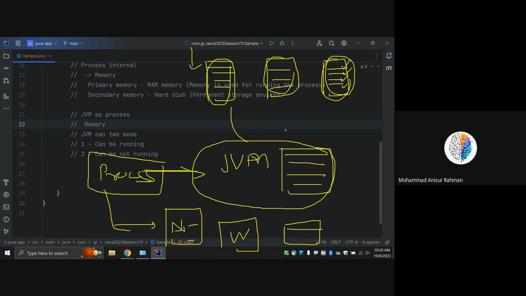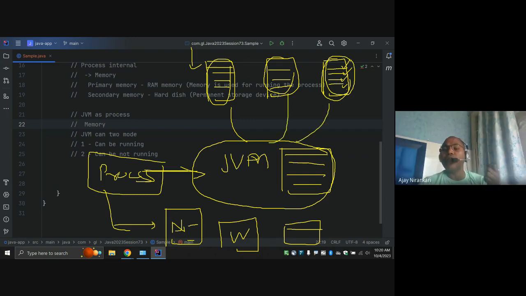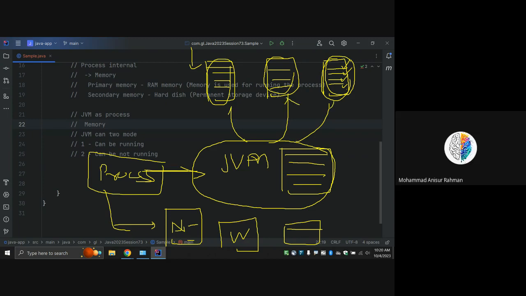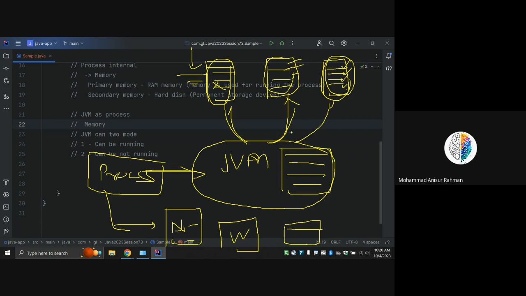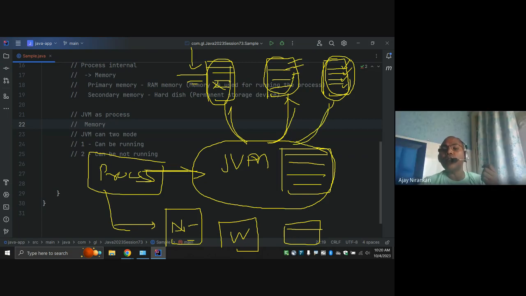Each thread we can start independently. Say, hey, let's start, you can start doing work. Even if this is not completed, another is still going to start. Don't wait for this code, you do your work. This is known as a thread. A thread is nothing but sequential execution of your code.